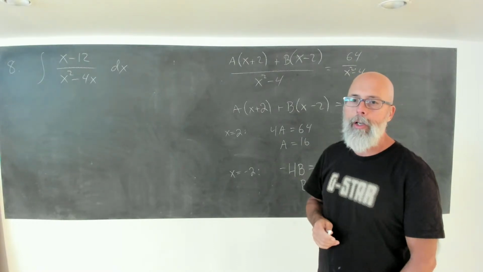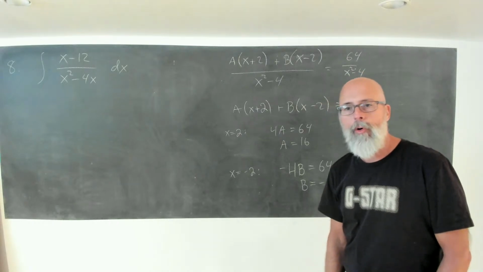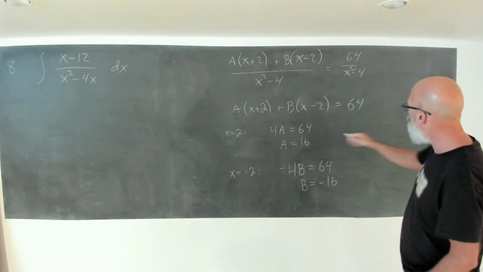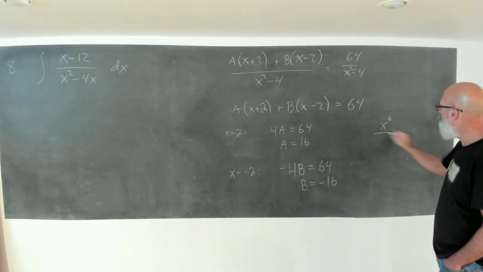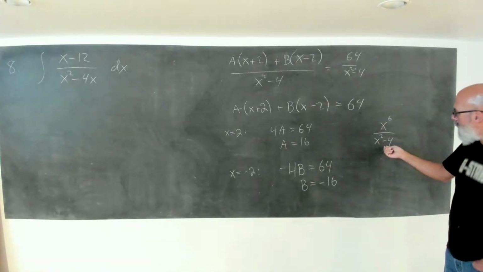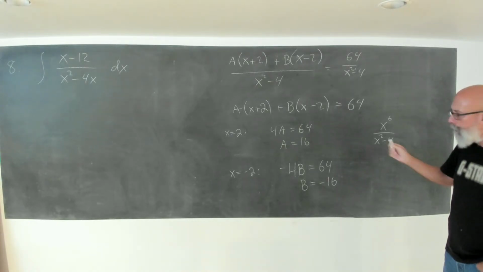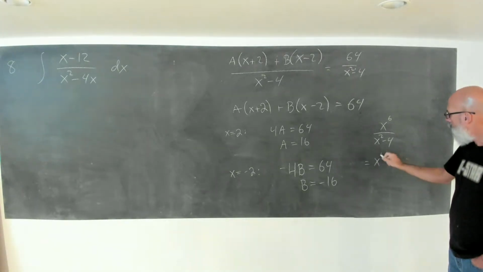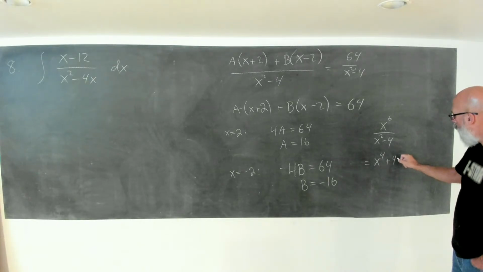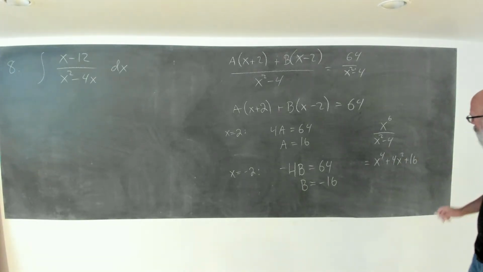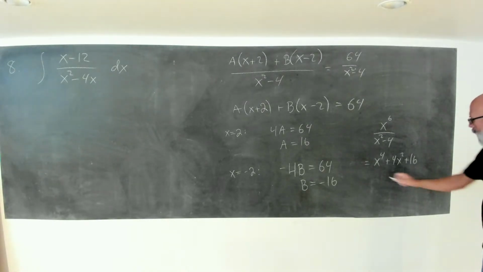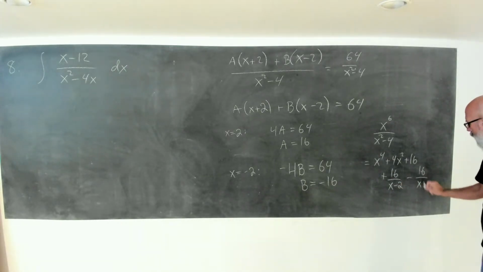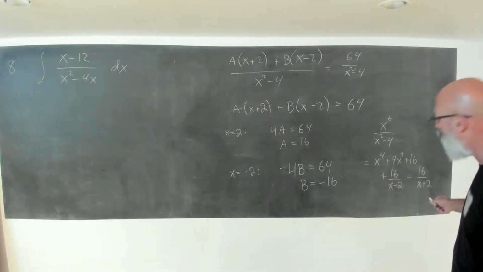So the original inequality, does it ignore the whole after the division is complete? It doesn't, because your original function, which was x to the 6 over x squared minus 4, is not defined at plus or minus 2. But when you do partial fraction decomposition, I forget the answer we had here, but something like x to the 4 plus 4x squared plus 16, I'm going to assume, and then we said plus 16 over x minus 2 minus 16 over x plus 2. I believe that's the answer we had. I don't have it here anymore,